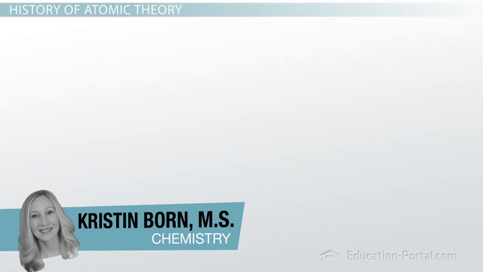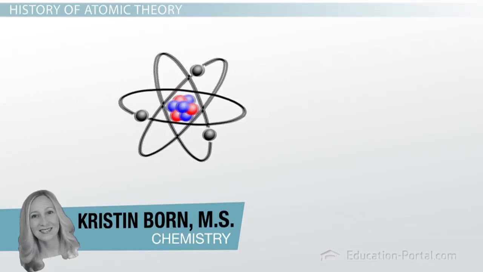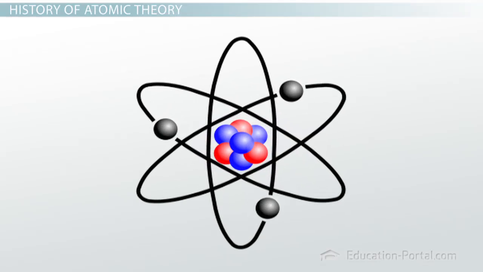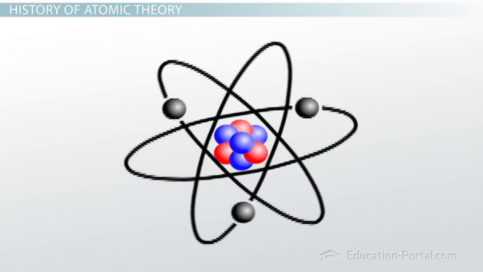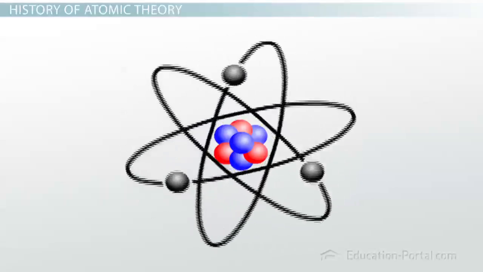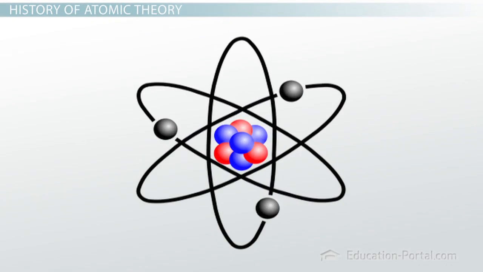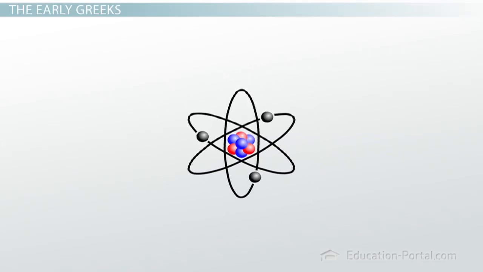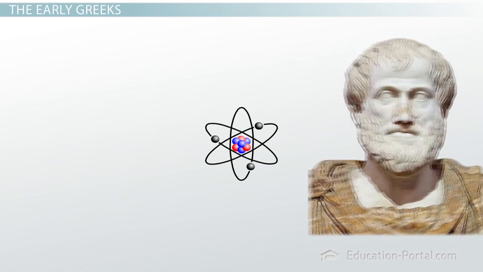Picture an atom. What does it look like? Most likely it will resemble something like this: a fairly large nucleus surrounded by orbiting electrons whizzing around the nucleus. This image is a popular icon of the atom, but it only vaguely represents our current model of what the atom looks like. First, we're going to travel back a little over 2,000 years ago to the times of Aristotle